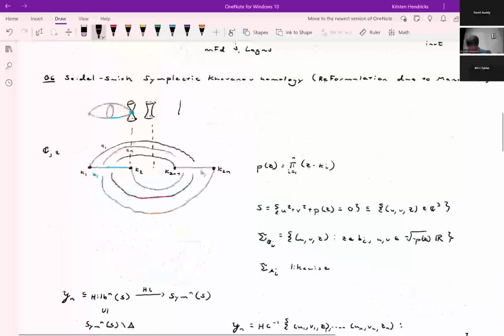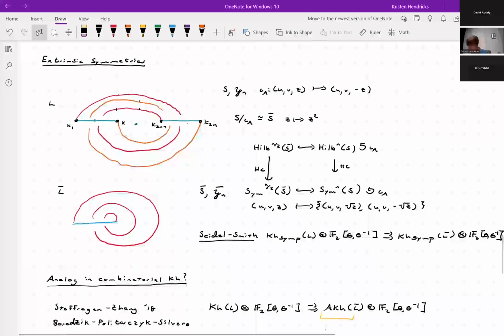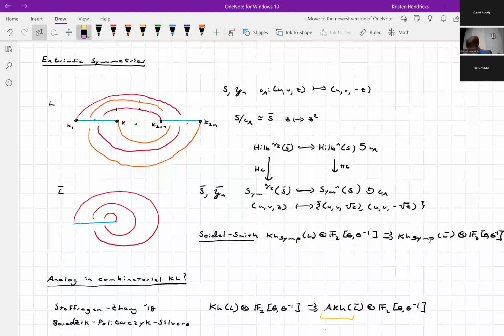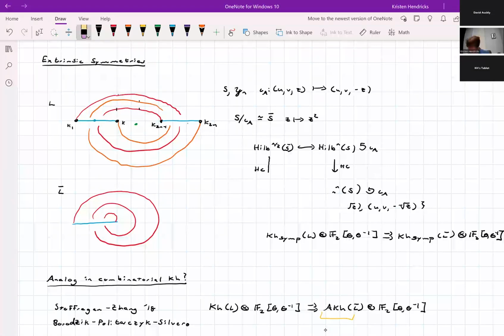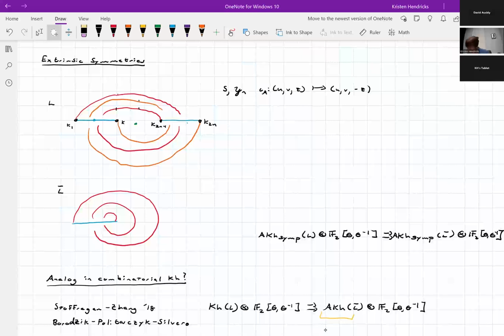Once again, we can also talk about extrinsic symmetries. Here's what happens. You could be looking at the same action iota A as previously, and what will you get? You'll get maybe the expected thing. You'll go from the annular symplectic Khovanov homology to the whole thing to its quotient. However,